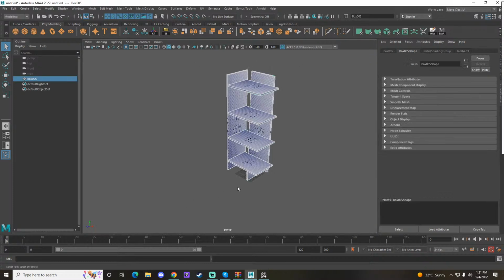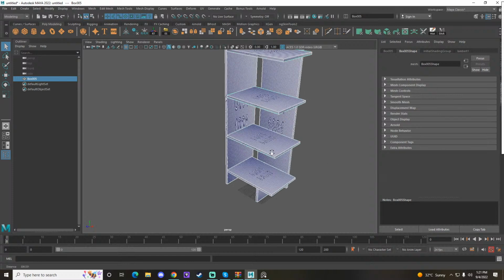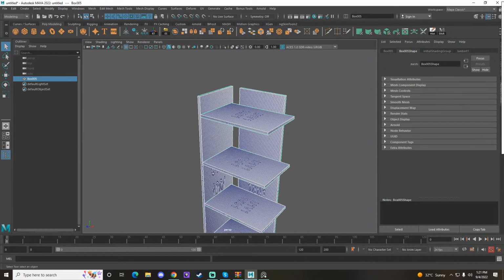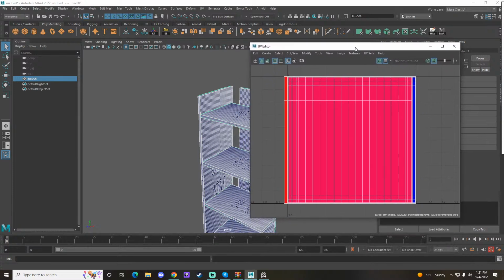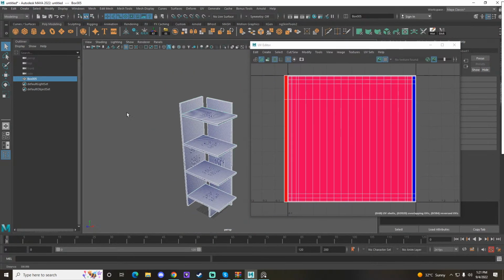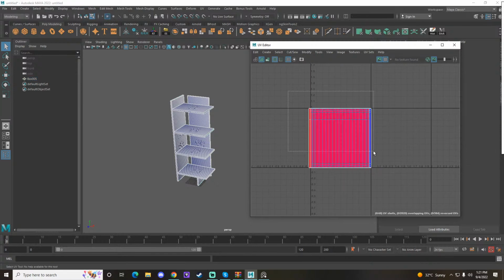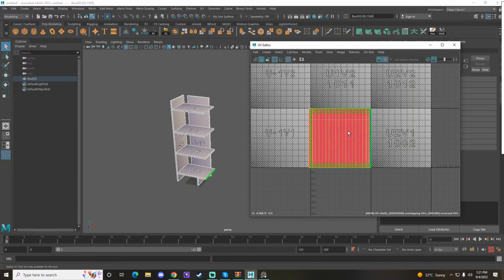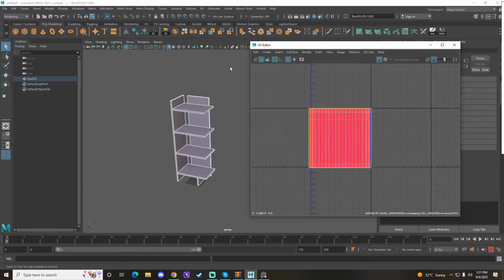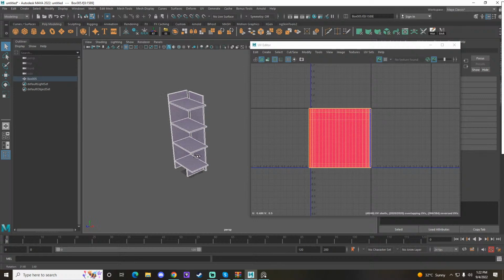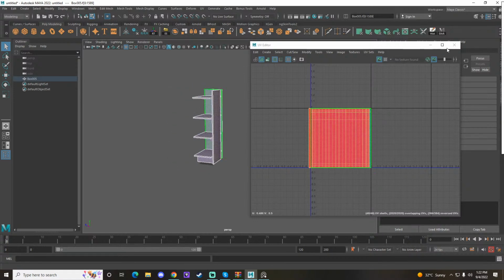So we have the model already, but the model is not properly unwrapped. So UVs are not good. So I have the UV layout panel, which is on this side, and this one has some weird things going on. Okay, so first thing first, I will be doing everything from the beginning, but